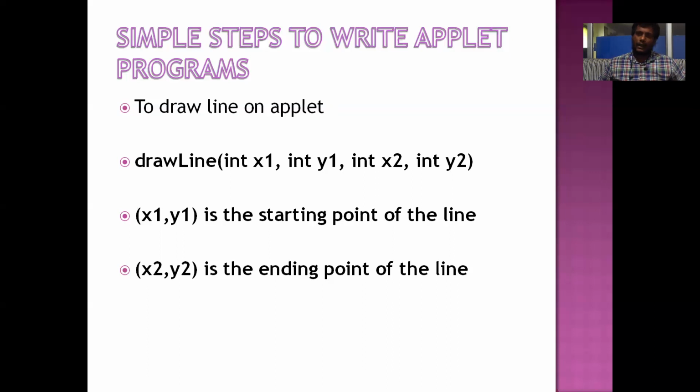And if we want to draw a line from 30, 40 to 80, 90, we have to draw a line of 30, 40, 80, 90. So the first 2 numbers will be taken as the first endpoint, that is the coordinate on the x-axis and the coordinate on the y-axis. And the next 2 numbers will be considered as the second endpoint, right? And coming to the next shape,